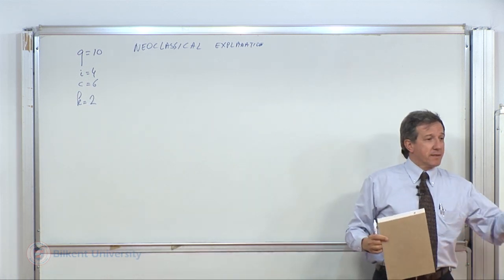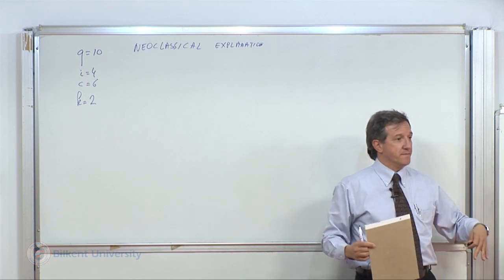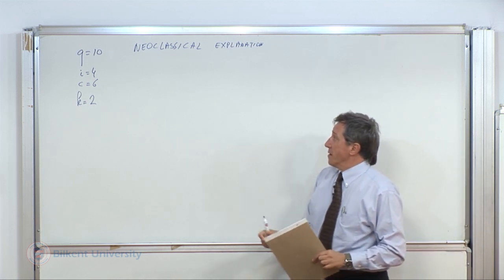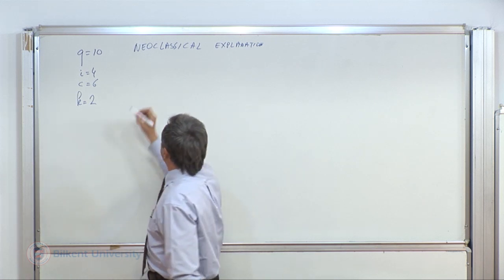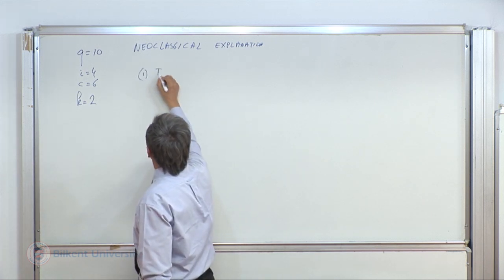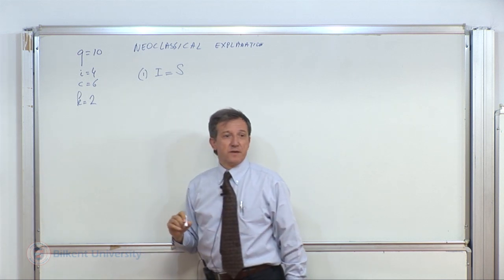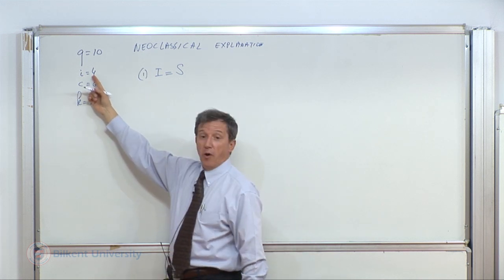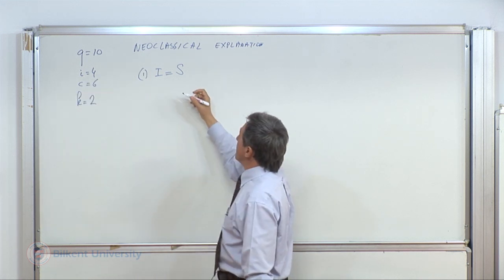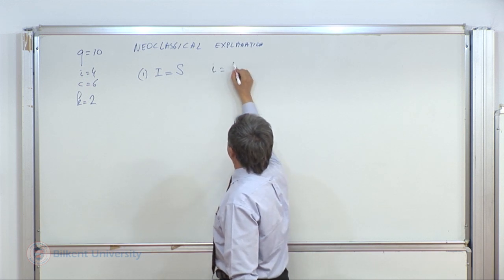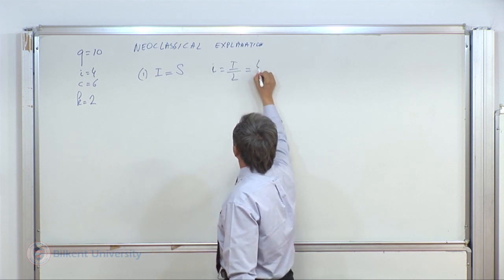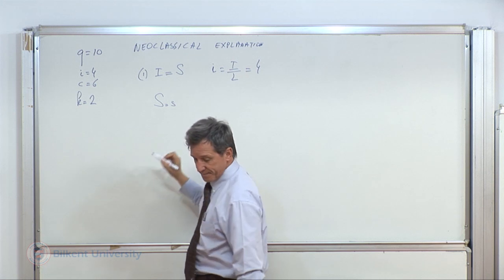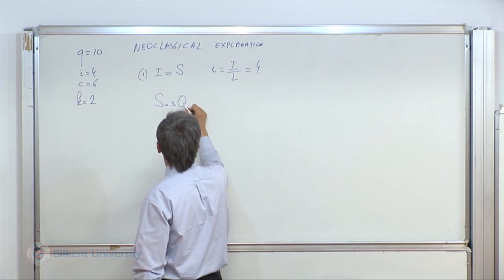And as I had mumbled in the last 5 to 10 minutes of Monday's lecturing, what we do is first we impose the equality of investments with savings. That is, investment per labor, that is little i, investment per labor is 4 units, and total S is s times Q,